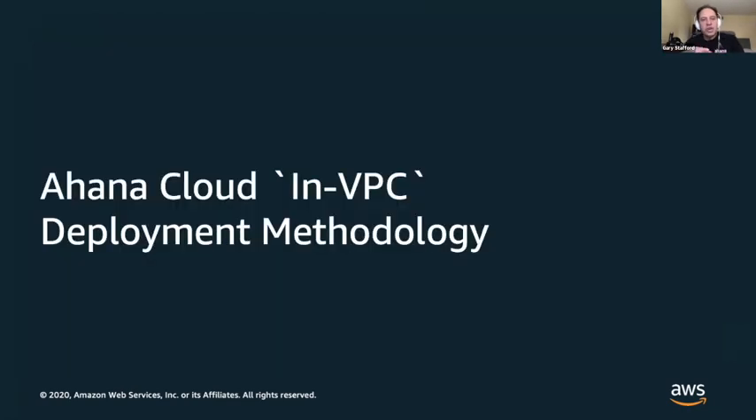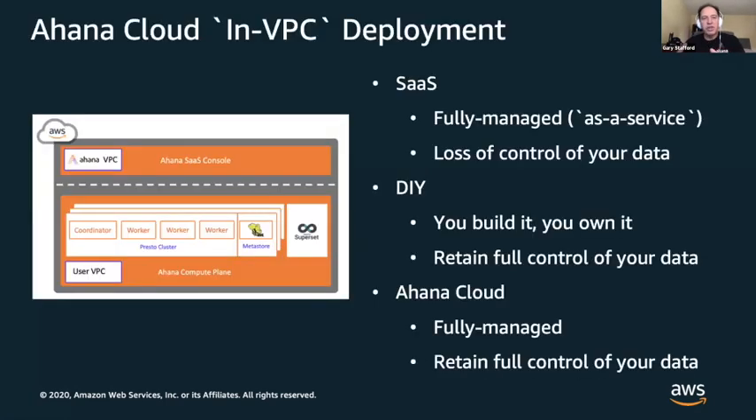So the second thing I'd like to talk about before turning this back over to Dipti is Ahana Cloud's in-VPC deployment method. That's a term that the Ahana team has coined, and it incorporates a number of security and networking features that are available on AWS, and it's the method which Ahana uses to deploy Ahana Cloud into a customer account. So quickly, in my opinion, what makes Ahana Cloud unique and a great solution for customers is that it brings together the best features of a SaaS provider and the best security features of the do-it-yourself